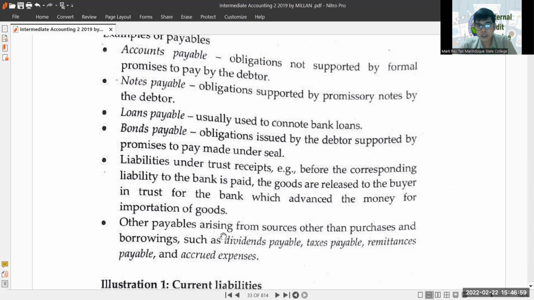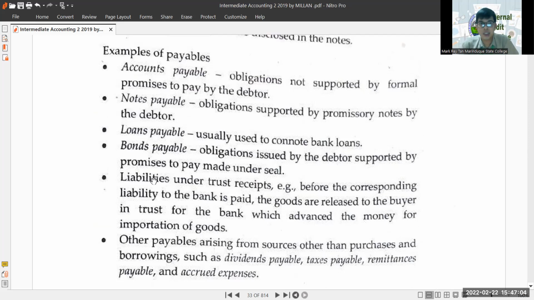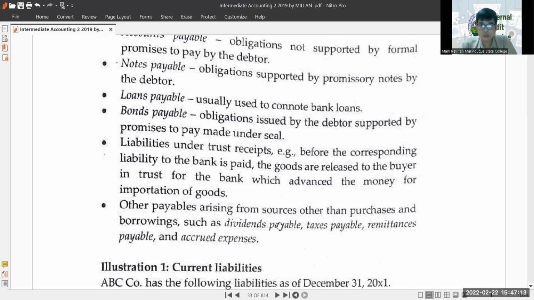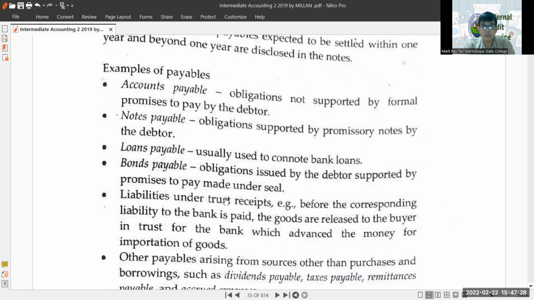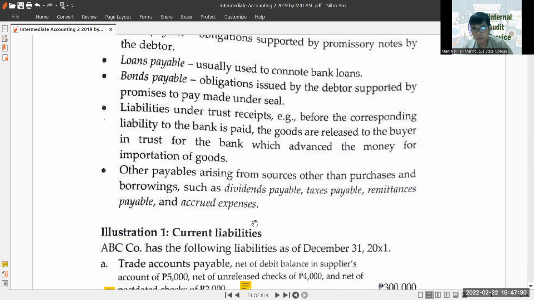And then other payables arising from sources other than purchases and borrowings. Kasi itong mga to, puro related sa purchases and borrowings. So dito sa huling bullet, other payables other than purchases and borrowings. Example, dividends payable, taxes payables, remittances payables, and accrued expenses. Ito yung mga examples ng payables natin. Okay, so we have